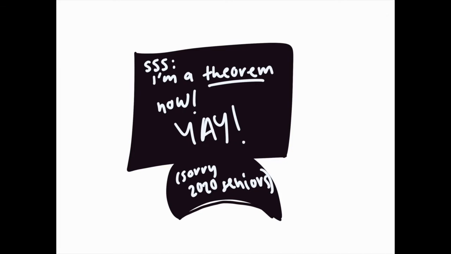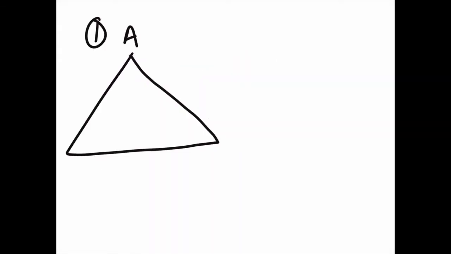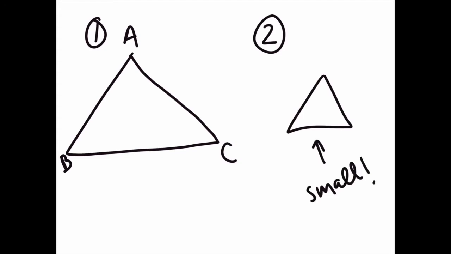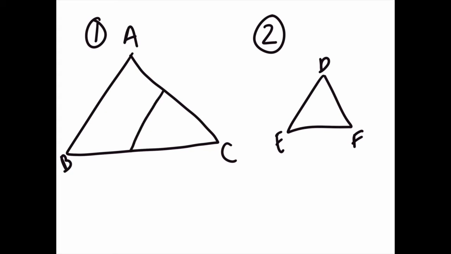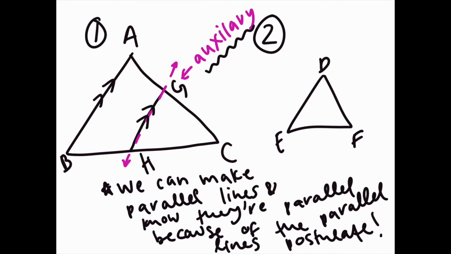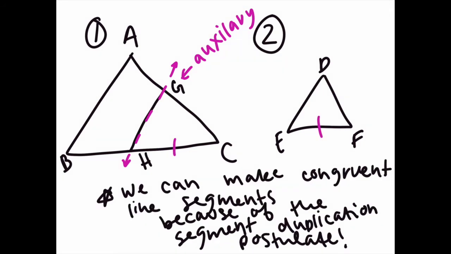So let's start off by looking at these triangles. First, we have a larger triangle named ABC, and then we have a smaller triangle named DEF. ABC, within it, has a smaller triangle formed by a parallel line, a little auxiliary line that we drew, that is GHC. And it's very important that these lines are parallel. It's also very important that HC is congruent to EF,